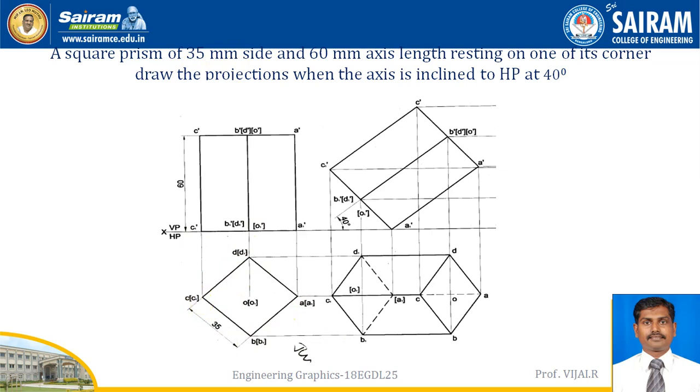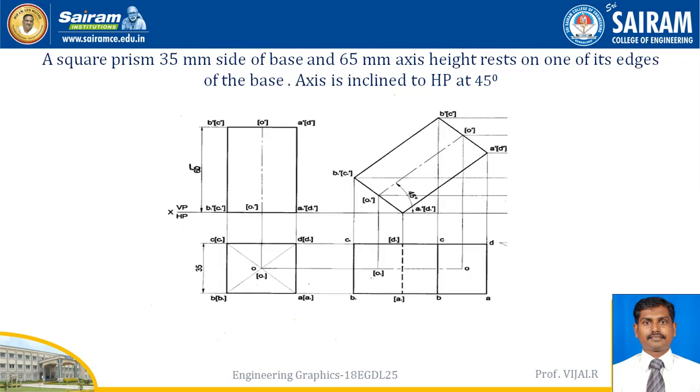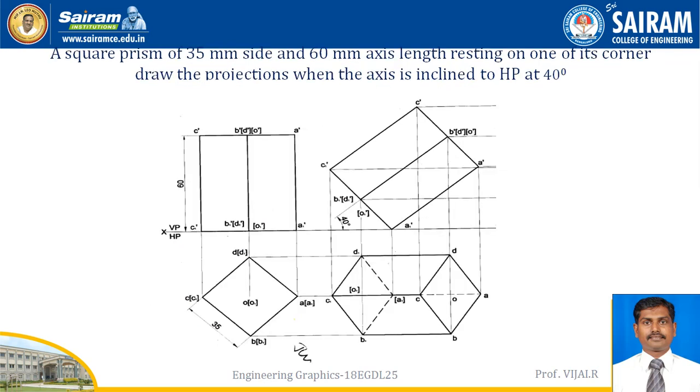In software, we can draw a square normally and rotate it by keeping the corner. That is easy. But when drawing in the sketchbook, we have to draw it out. We can start from this area, where you get that 45 degrees. So this corner position, we are going to name it A. This is the corner which is tilted, resting on its corner with the axis inclined 40 degrees.